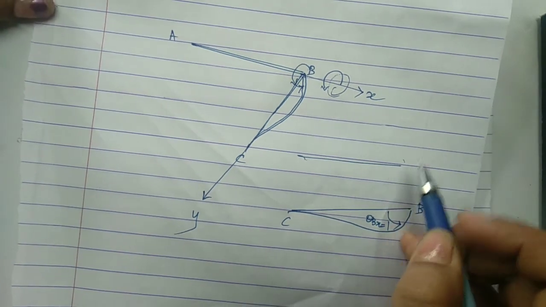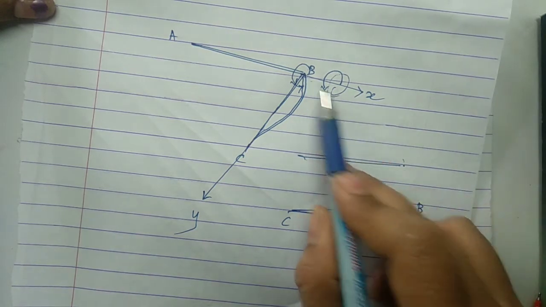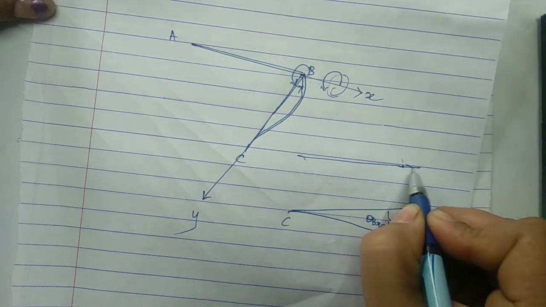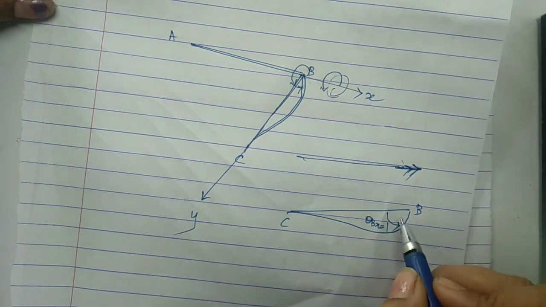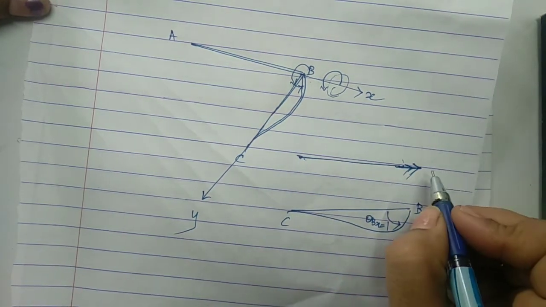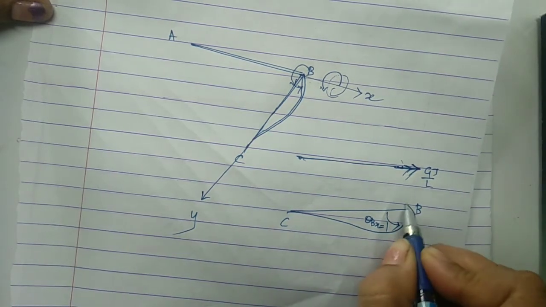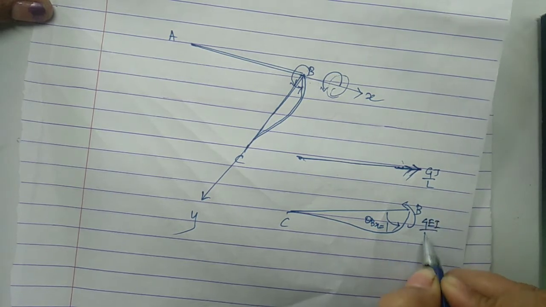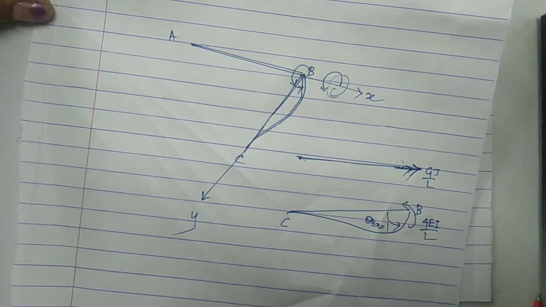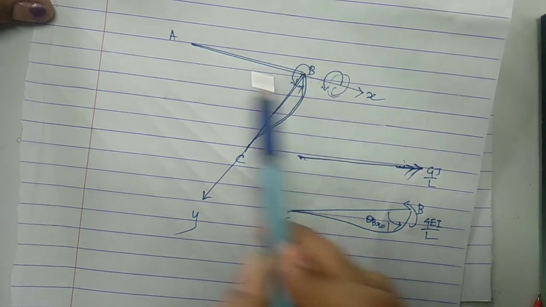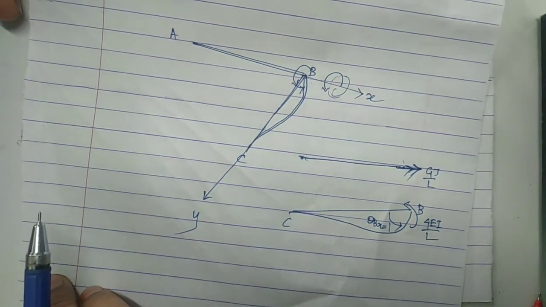So the simplest way to show that twisting moment about the same point, applied in the same direction, is with this double headed arrow. As AB member is twisting, the twisting stiffness is GJ upon L, and CB member is bending, so the bending stiffness is 4 EI upon L. This way we have to apply the concept. One member is twisting, another one is bending. So this is for when theta bx equal to 1.